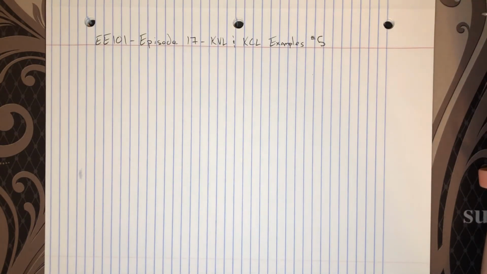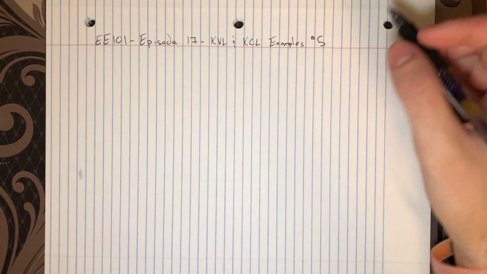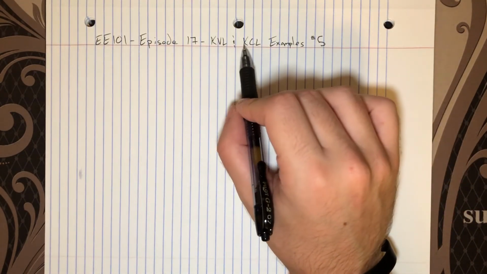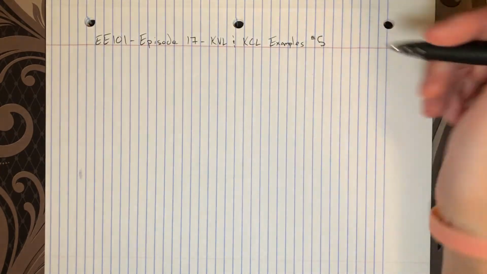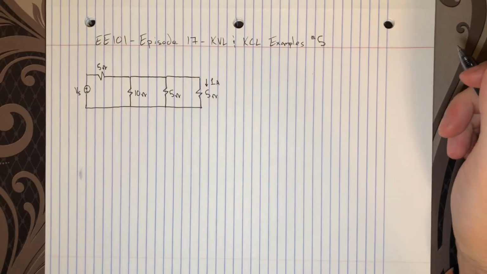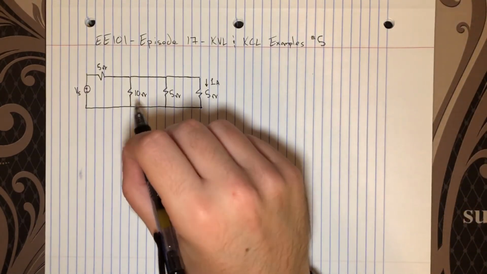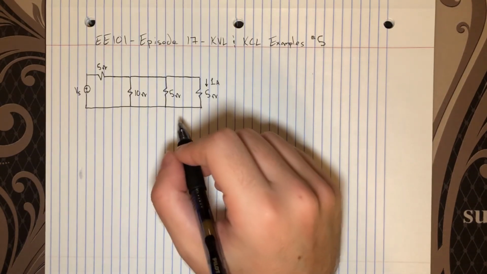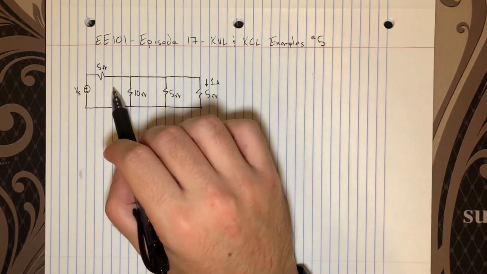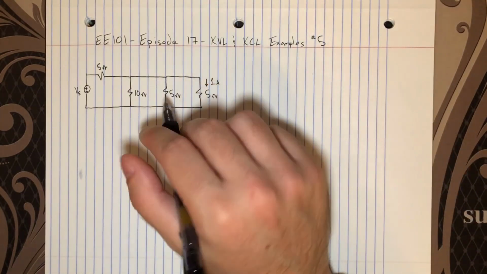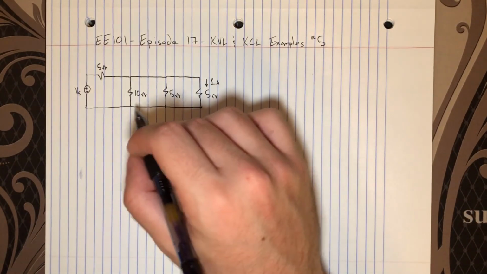Hey, I'm back and I'm returning to my fifth video on examples with KVL and KCL applications to circuits. So let me go ahead and draw out a circuit. Okay, here we go. And if you notice, this time I'm actually going to use some resistors in this circuit rather than just generic circuit elements. I felt like it's about time I start doing this so you get used to working with a real circuit